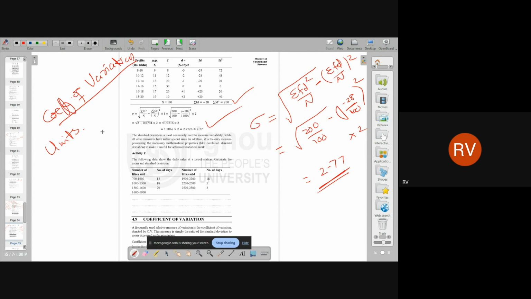The actual measures of variation is called the absolute measure of variation. In absolute measure of variation, coefficient of variation is used to compare different data. Coefficient of variation has no units. So the first coefficient of variation